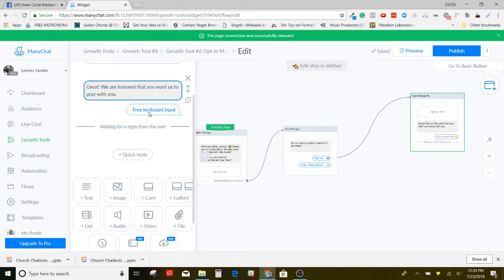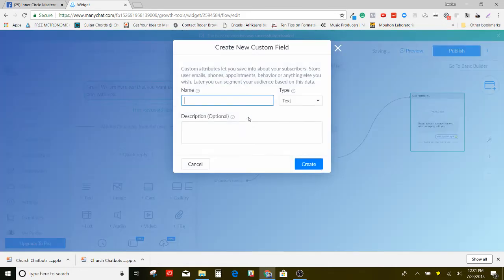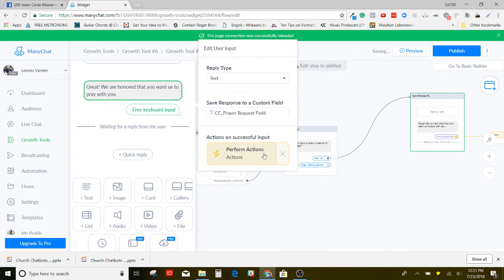And then I can say, okay, I want this free input here to be put in a field that I'm going to call church chatbots underscore prayer request field. I don't have to type that because it's obvious. So whatever they type in here is going to be put in here,